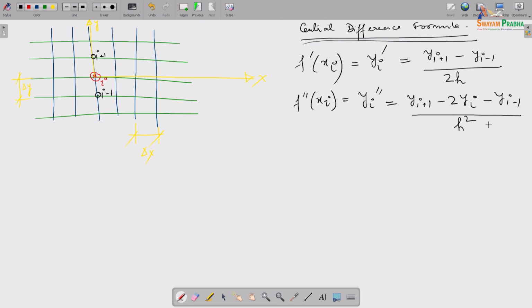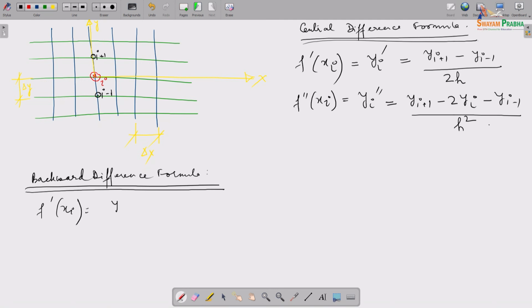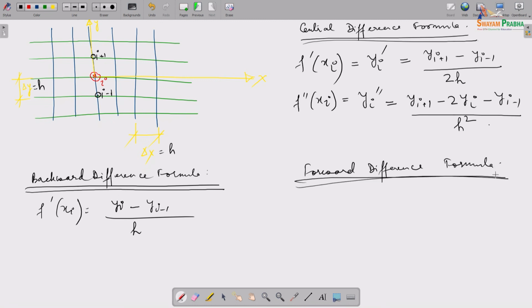Then we have a backward difference. Essentially I am calling this delta H, and then the forward difference formula, which is